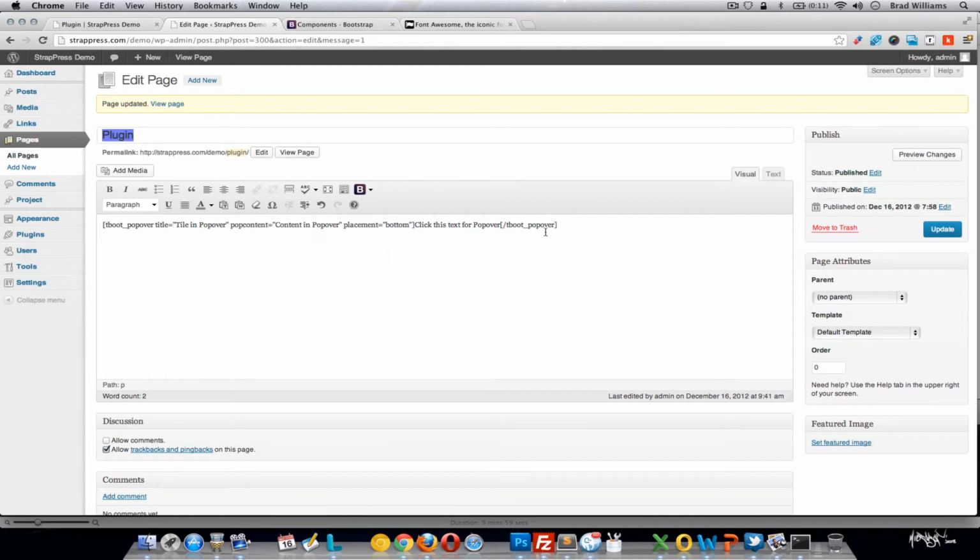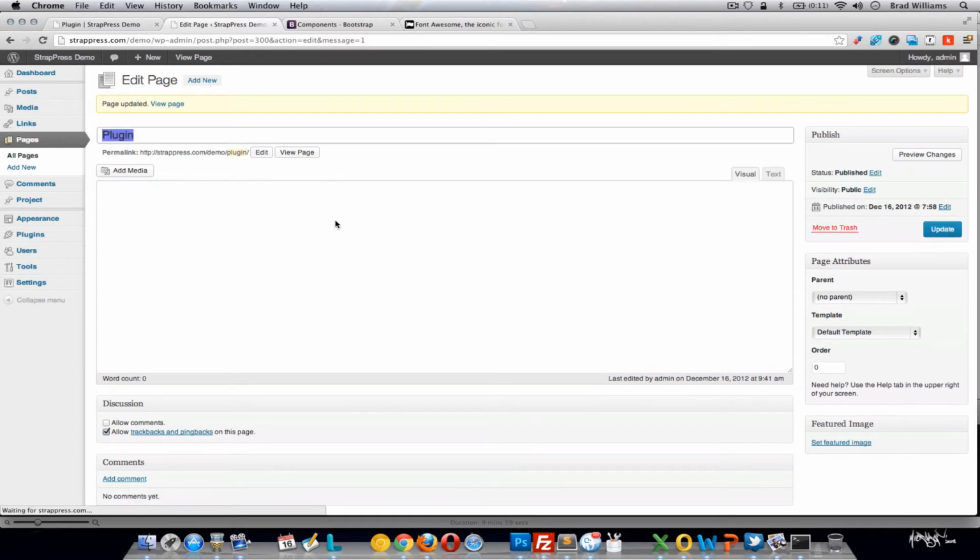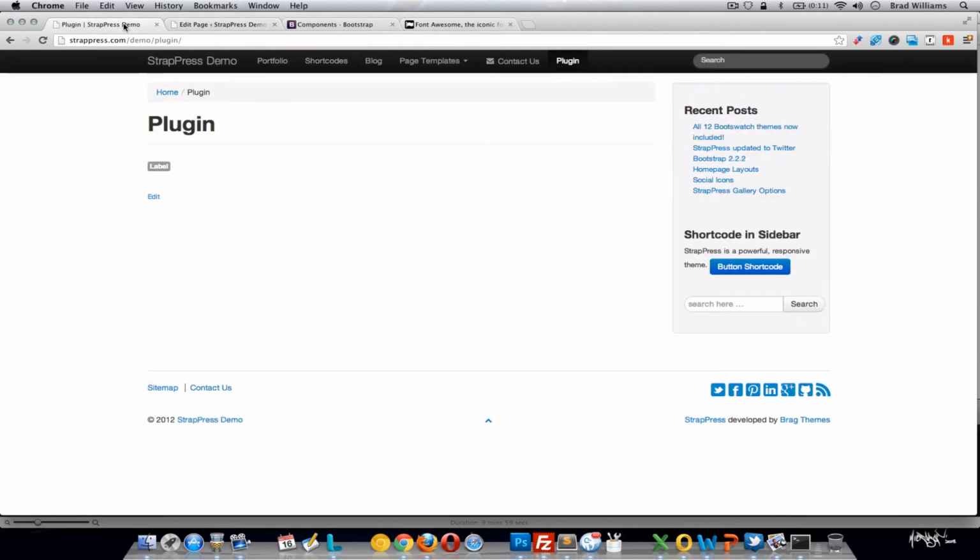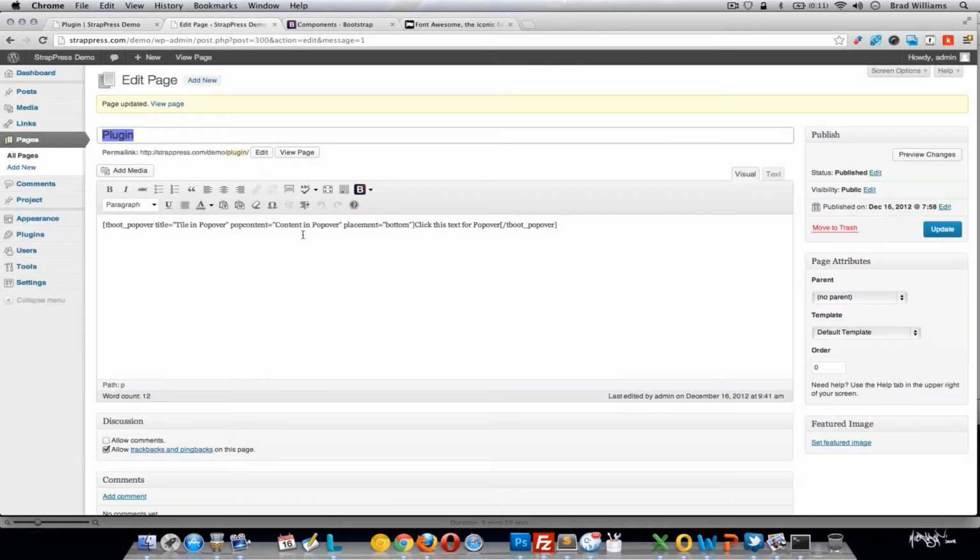Earlier we went into the button popover. Let's go ahead and update that and see what text length. So it pops to the bottom. So you can change this to top, left, right, bottom. So we'll do top. And this is the title, so the title of the pop-up and then the content within